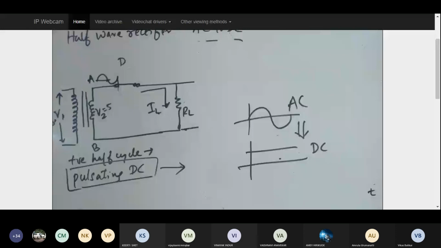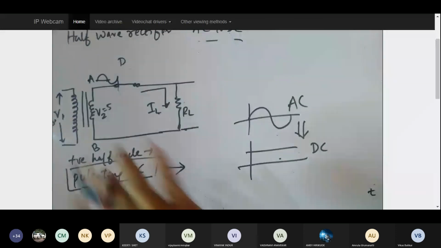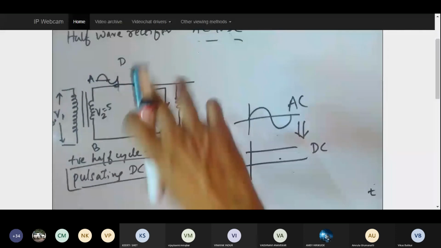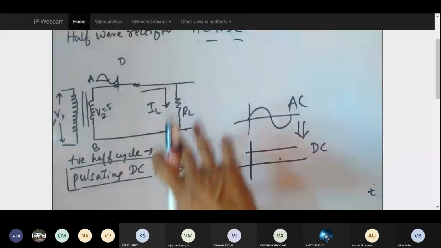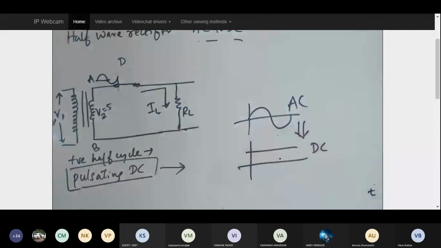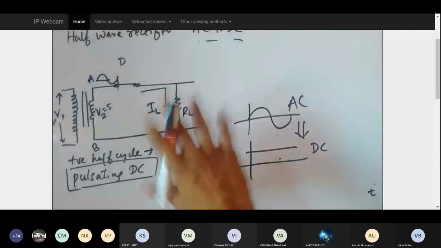So let's stop this circuit right now here. Because why we need to connect the capacitor here, or why the capacitor should be connected, is altogether a different concept, which I am going to tell you once I do some mathematical analysis on this half wave rectifier. After some mathematical analysis on this half wave rectifier and solving some numericals, then we'll try to add some capacitor over here, and then we'll see whether the sinusoidal AC will be converted into pure DC or not.